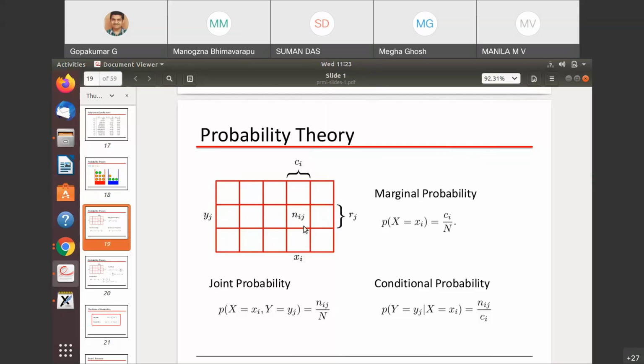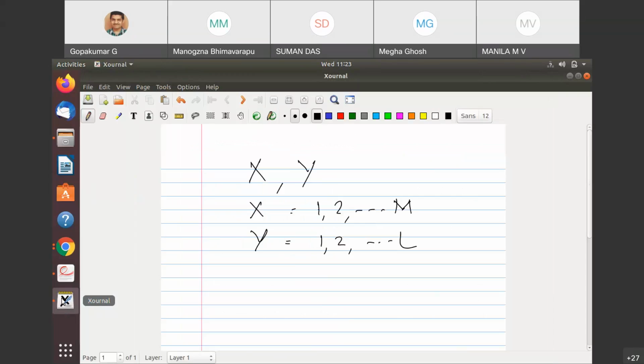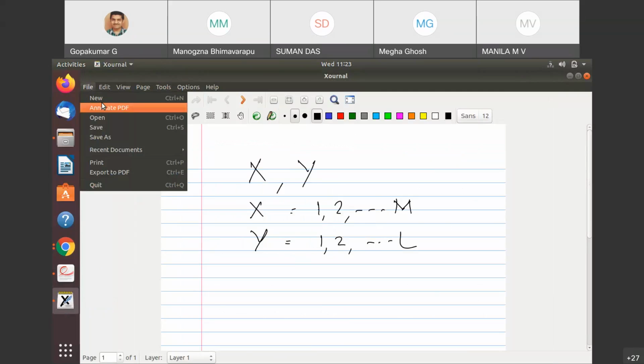So that is actually the meaning of n_ij. That is a number of instances or trials or frequency, whatever it is. So that is actually the scenario, and that is very important. And now what we can do is,